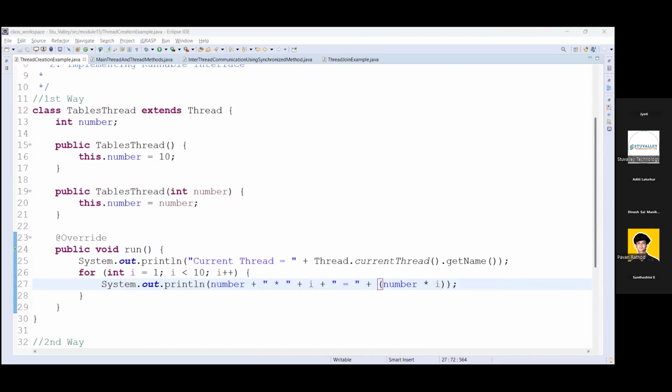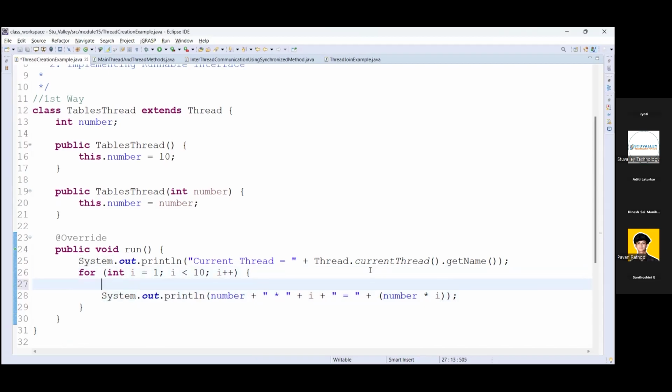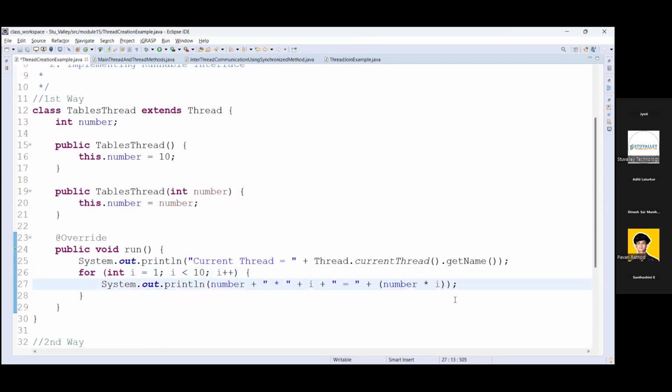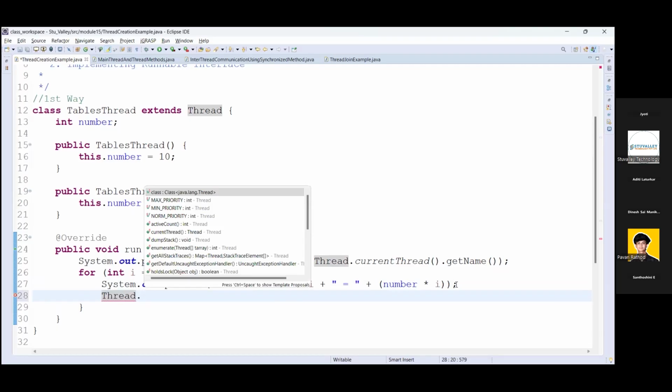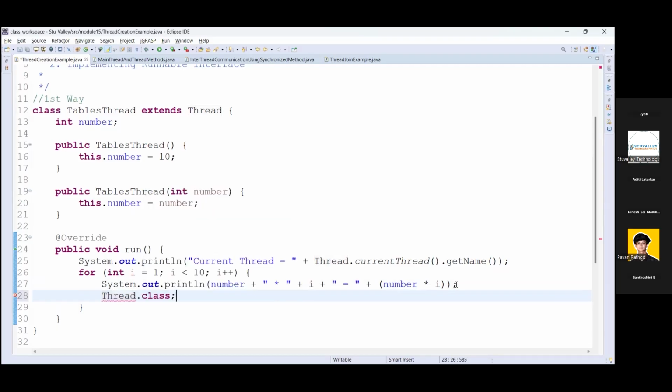So in this calculation, I will use sleep method for giving you the output in particular time, after particular time interval. So I am using here Thread.sleep method, and I am giving 500 milliseconds time.